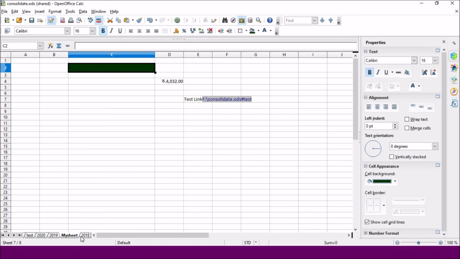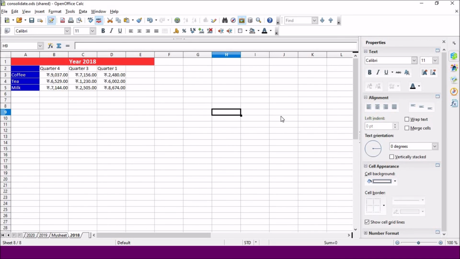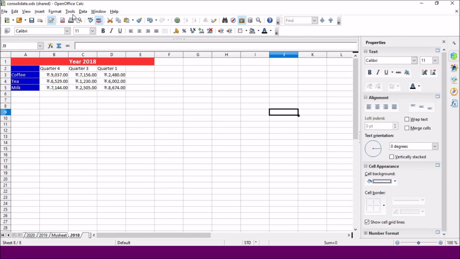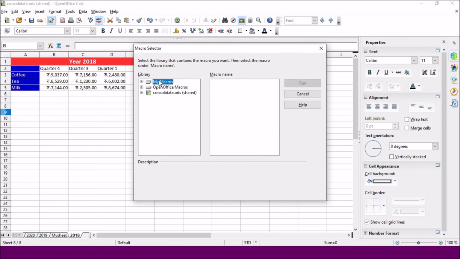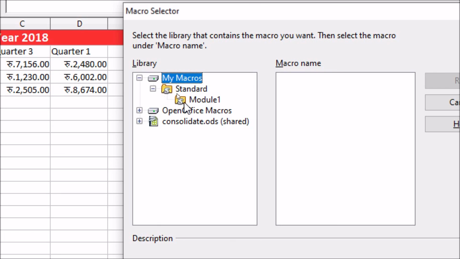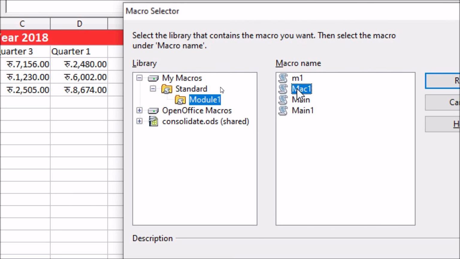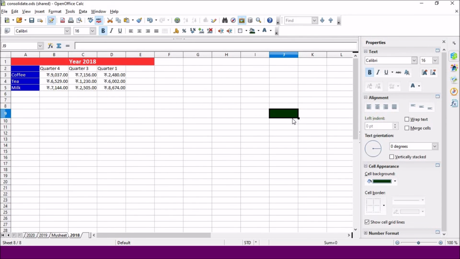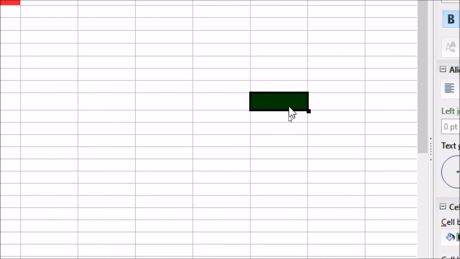Now for applying this macro elsewhere in the sheet, you just select a cell over here, move on to this tools menu, and inside this tools menu we are getting the option as run macro. And as we are going to click on this run macro option, system provides us with the locations where we have saved the macros, and we have saved our macro inside the standard option module 1, and inside module 1 our macro's name is mac1. Select the macro to be run and then just run it, and as you are going to run you will find the same formatting style over here.